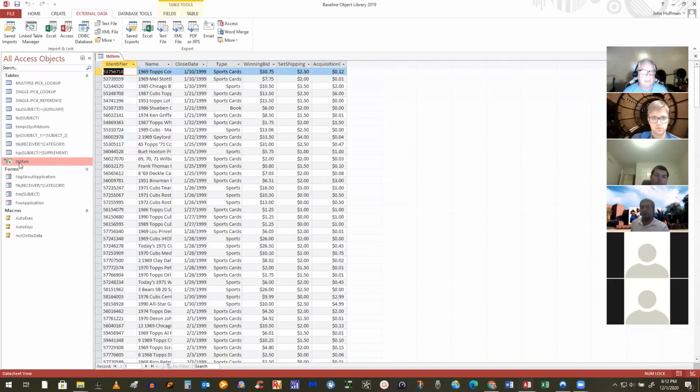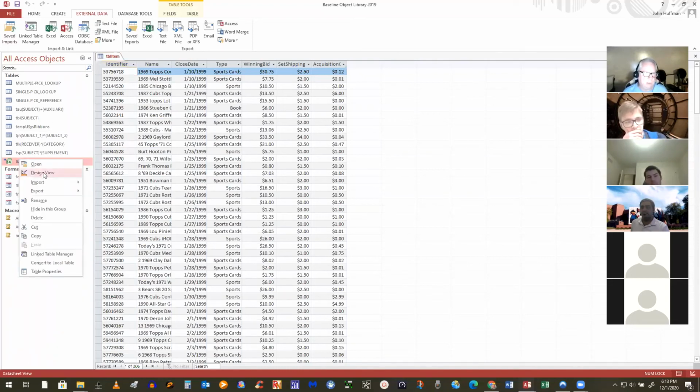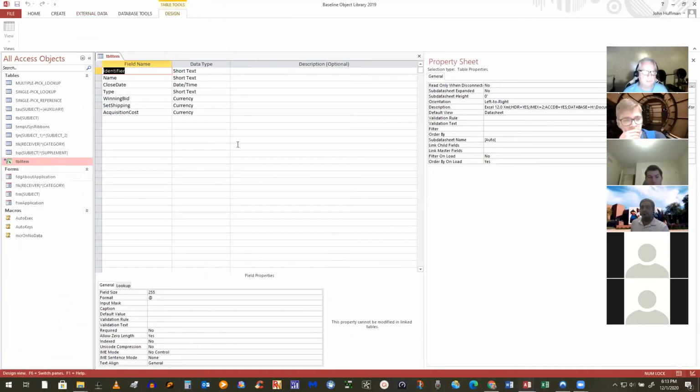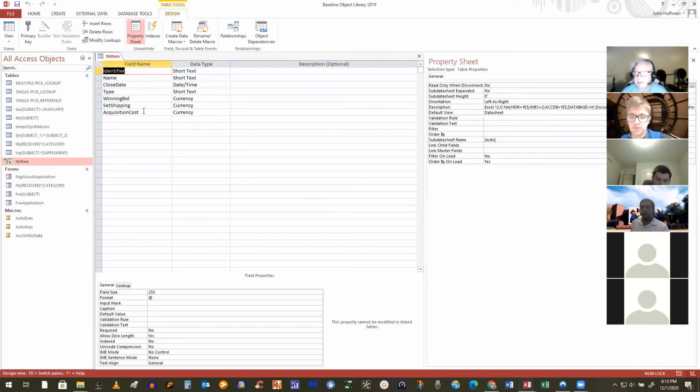If I open that up now, you'll see there's my table. Now, here's the thing. Even though it looks like an Access table, it's not. It's the spreadsheet. If I try to open this in design view, which I could, it usually gives me a warning. If I tried to change anything here right now, it would let me change the caption and all that, but it won't let me change the field itself. It won't let me delete it or anything like that. I'd have to actually go over to the spreadsheet to do that.